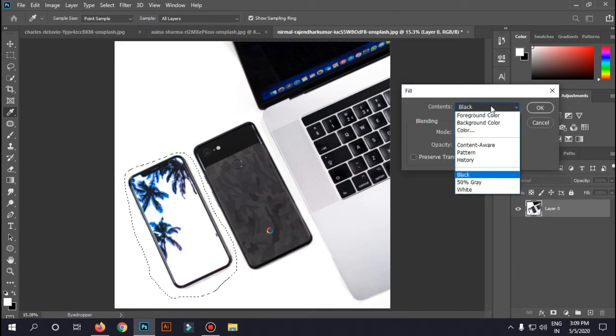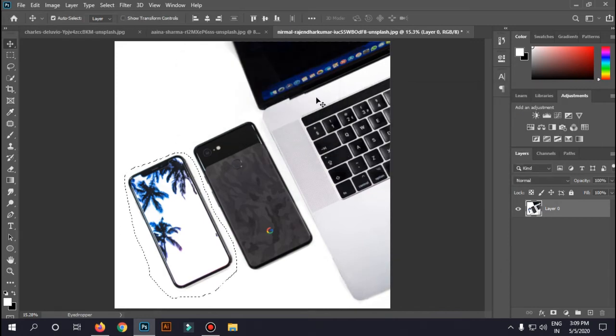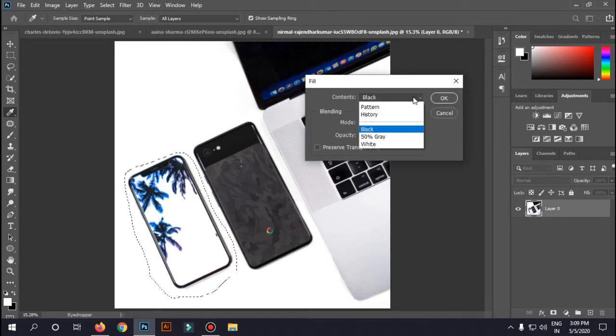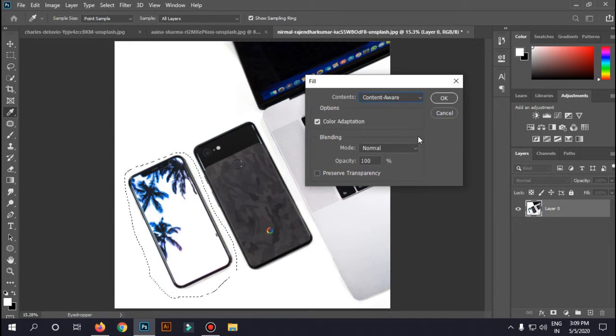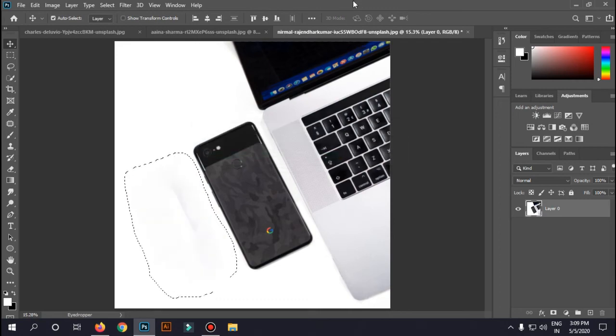There is even a shortcut for this. With the layer selected right here, you can just press Shift Backspace so that this small menu gets opened up. Now go under the Contents menu and select Content Aware right here. Okay, just click OK. I think it should do its job. Let me try. It's loading. Yep, you can take a look at it. It has done a pretty good job.